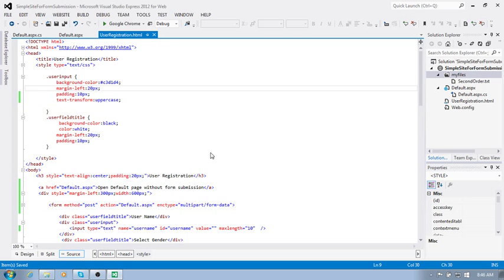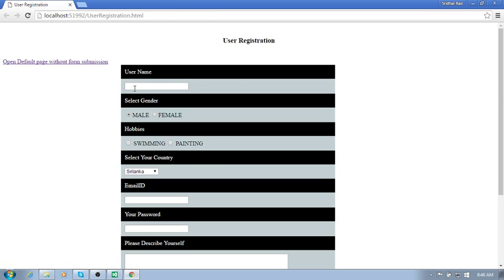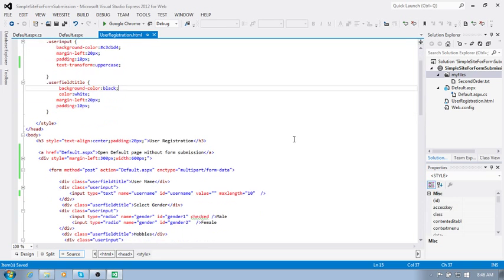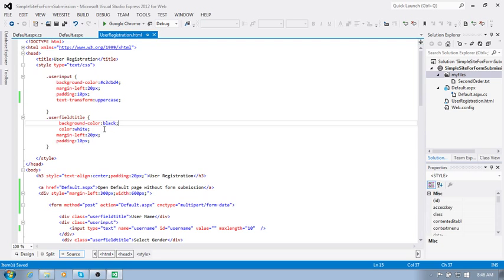Once again, try to see this. It's not getting applied here. So what is the reason? Let me check. Here I kept text transform uppercase. This is for the user input. Put uppercase here, and here in this, let us try to